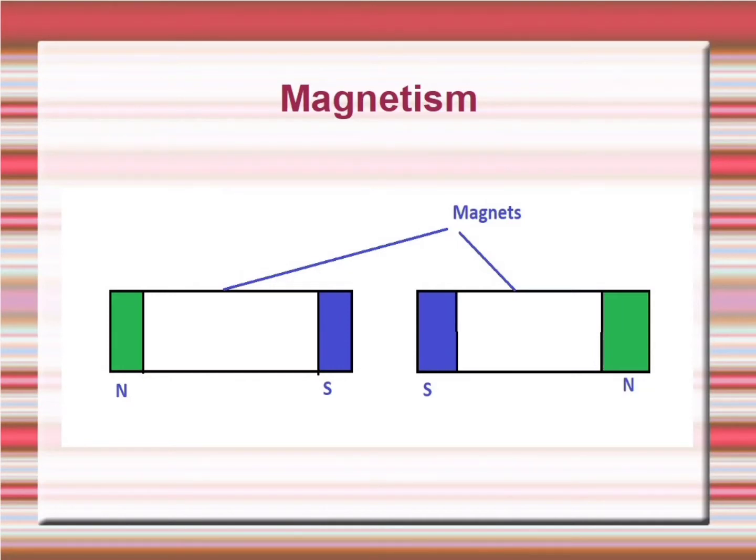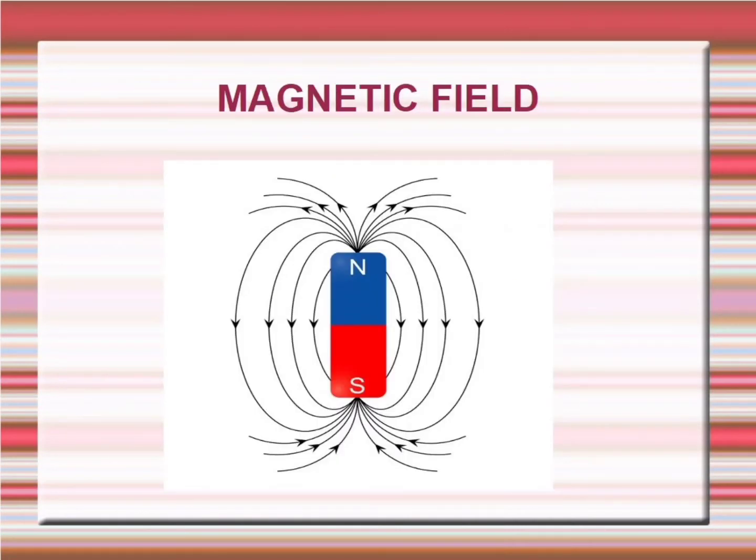North Pole repels North Pole. South Pole repels South Pole. Only opposite poles attract each other. We all have learned and felt this force of attraction and repulsion while playing with magnets. All magnets have two poles. If you break a magnet into small pieces, all the pieces will still have two poles, that is North Pole